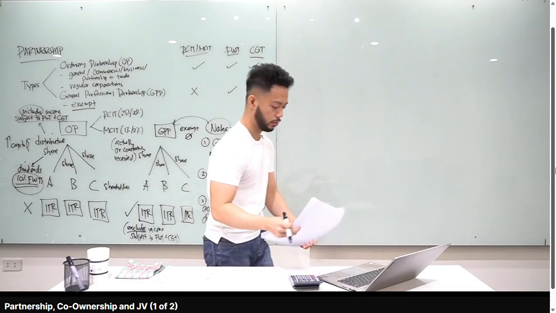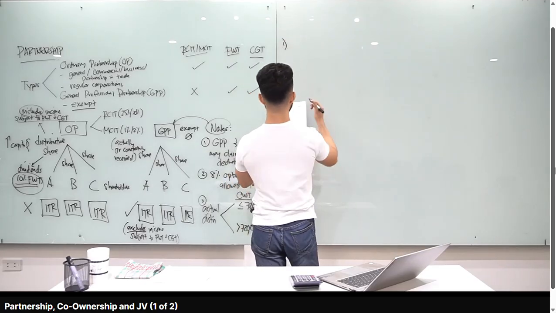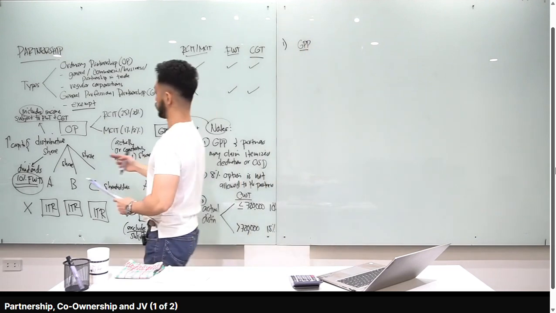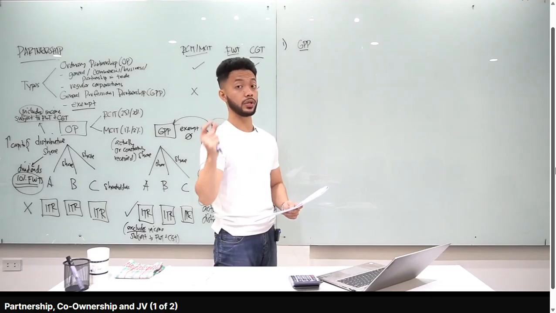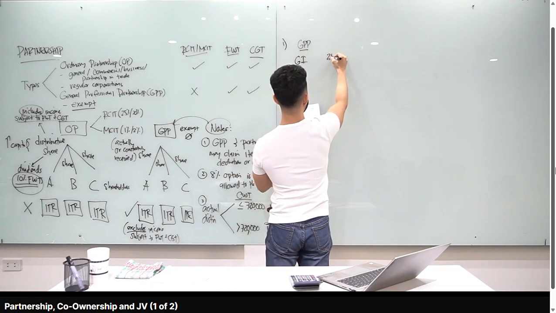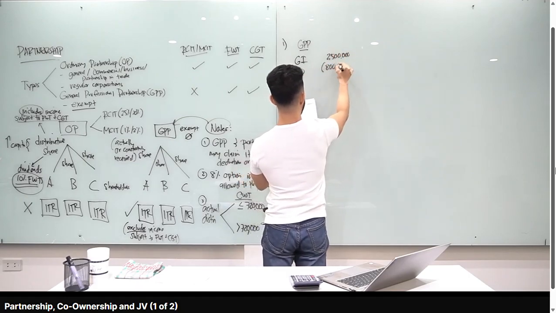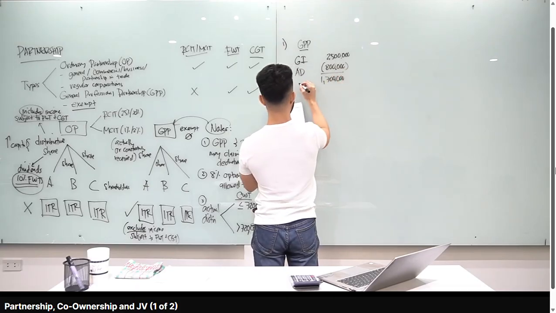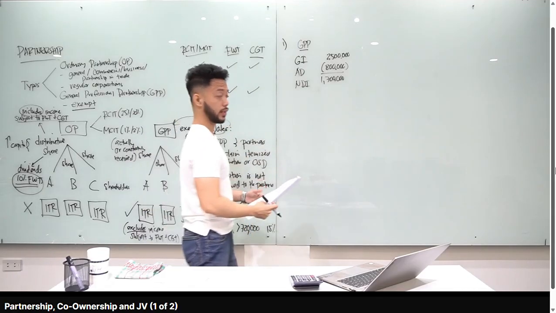Okay? Sige, so, gawin natin class, computing natin number 1. Computing muna natin yung income of the GPP or the net distributable income. Pag sinabi mong net distributable income, yun yung distributive share. Okay? Again, kung isipin mo lang dyan, net income allocation in a FAR. Yun lang yan. Okay, so meron tayong gross income from the problem. It's 2.5 million. Okay? And then we have allowable deductions, 800,000. 2.5 minus 800,000, we have 1.7 million. We call this the net distributable income. Okay. Of the partnership. So, ito yung sagot natin, 1.7 million.